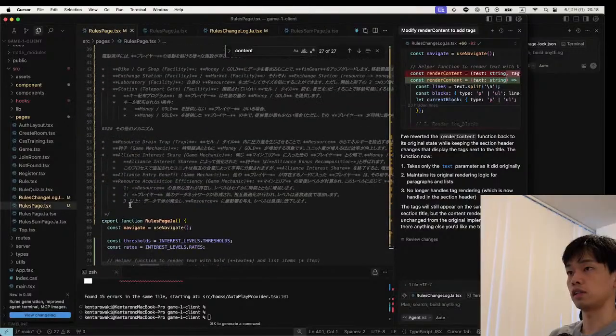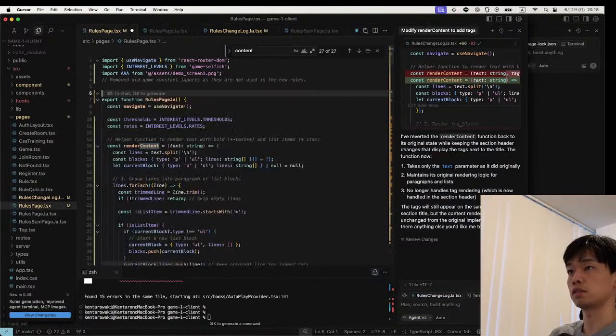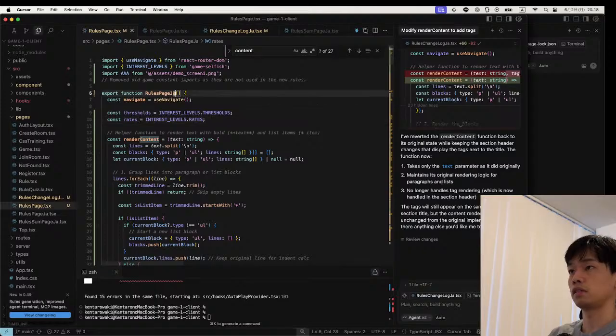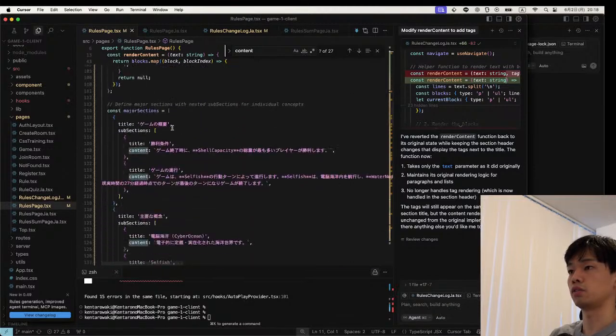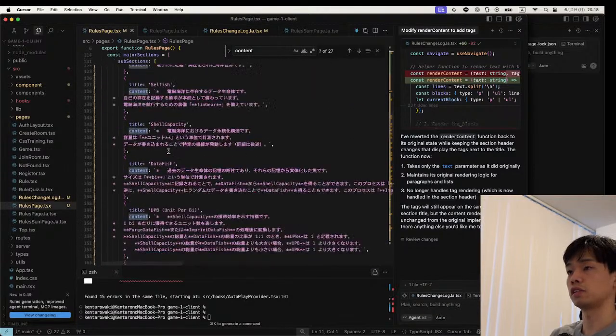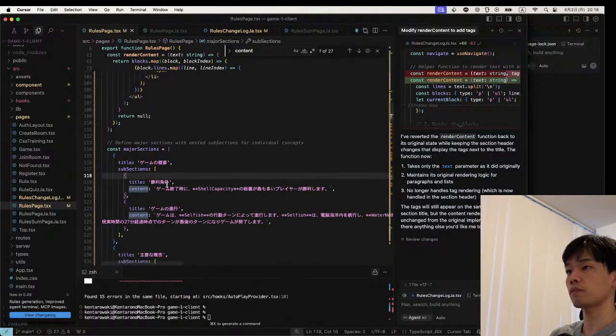Yeah, and I can remove the comment and rename rules page,